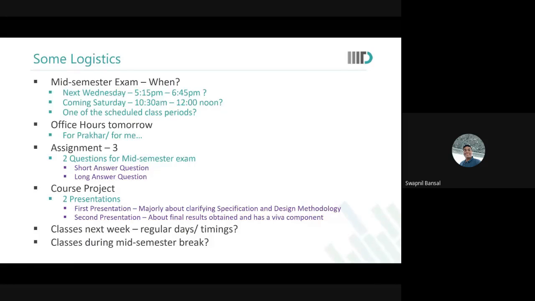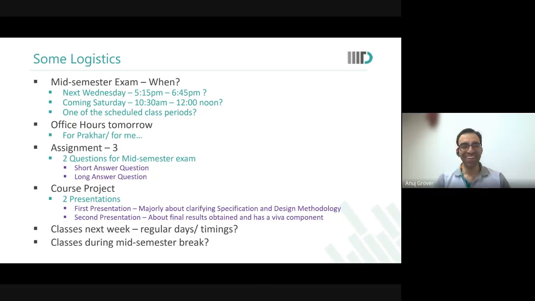So instead of having two classes, we can have either Tuesday or Friday in the break, to satisfy both sides, if there are. Okay, see, again, I can't force a class on you. It is your learning, and there will also be projects. I understand that, so it's okay. We can have just one class during the break. We can have that class on Friday or Tuesday. Which day would you prefer to have that class?